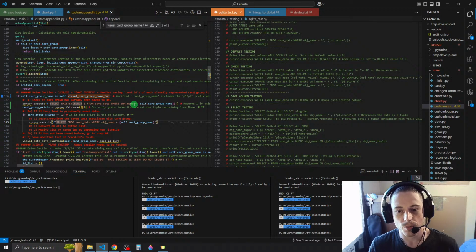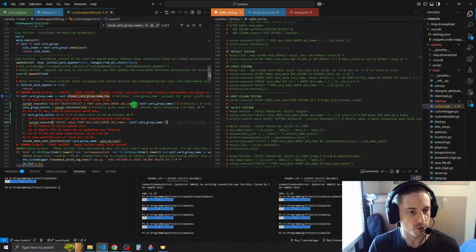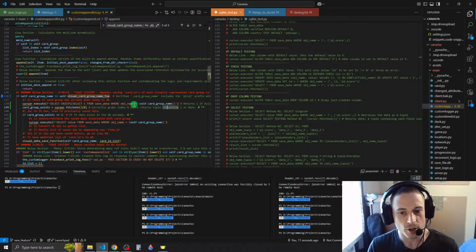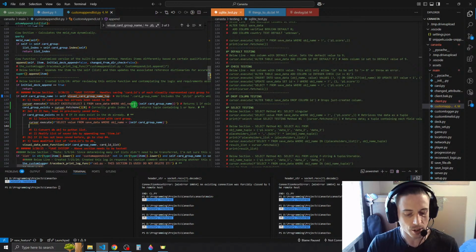Select value from save data. Yeah, so we need to say select value from save data where object name is equal to self card group name. So this retrieves that data via select, and then we have to grab it using fetch 1. Yeah, so then we need to do cursor dot fetch 1, and then